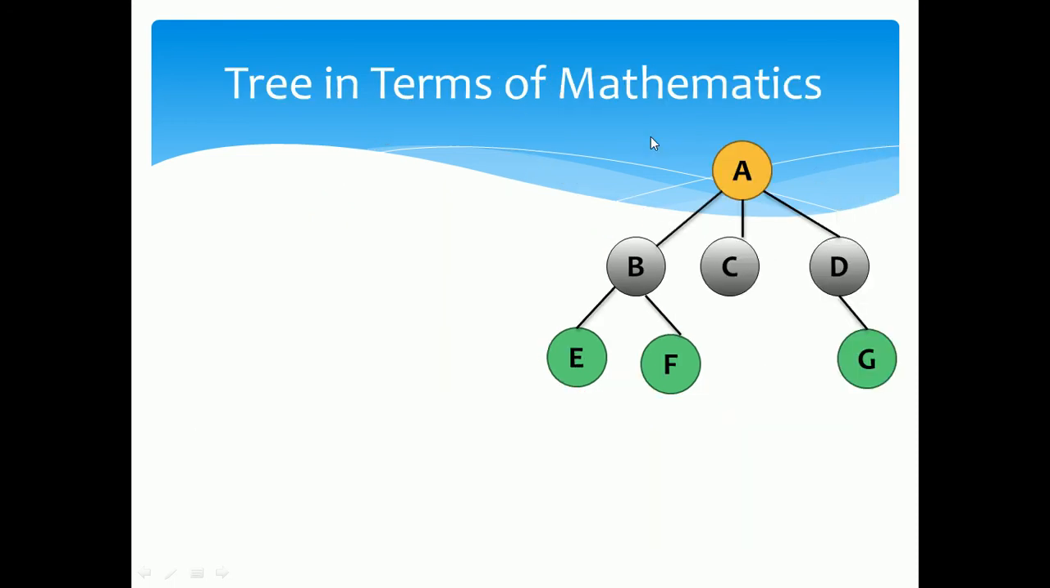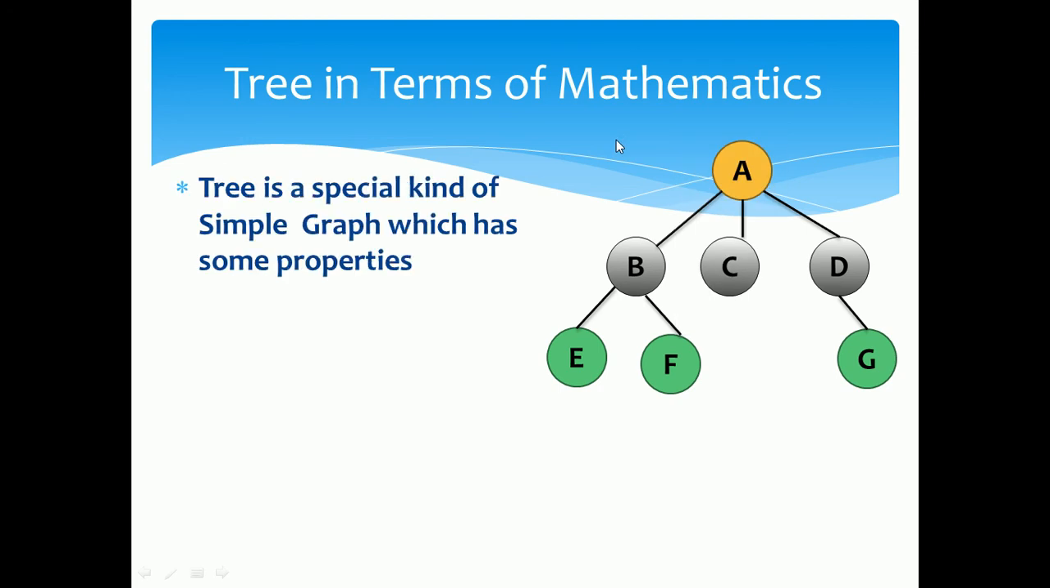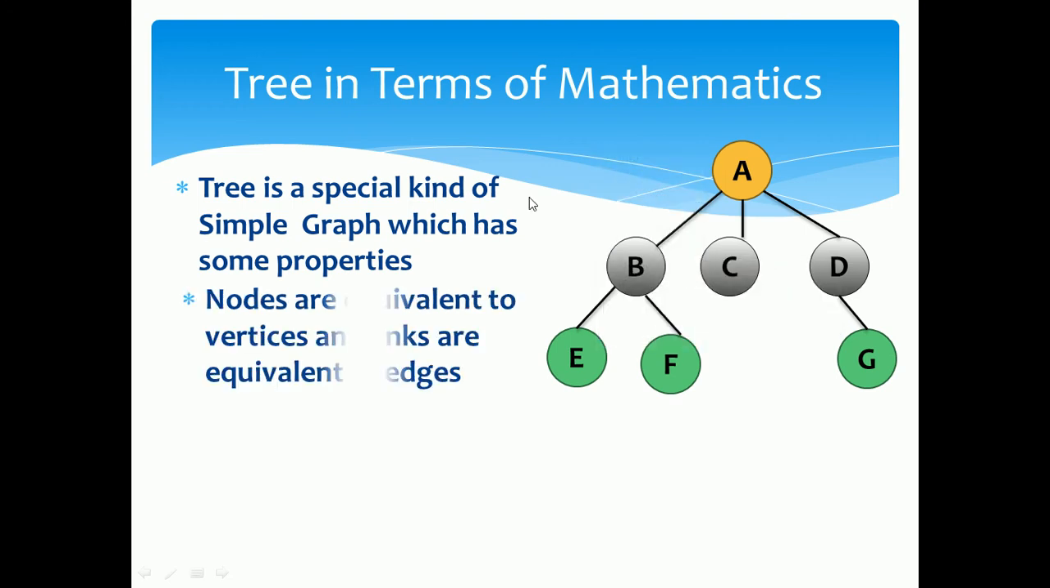Now let me show you tree in terms of mathematics. A tree is a special kind of simple graph which has some properties. So what are the properties of a tree? Nodes are equivalent to vertices and links are equivalent to edges. In this tree, A, B, C, D, E, F and G are all our nodes, and these lines are representing